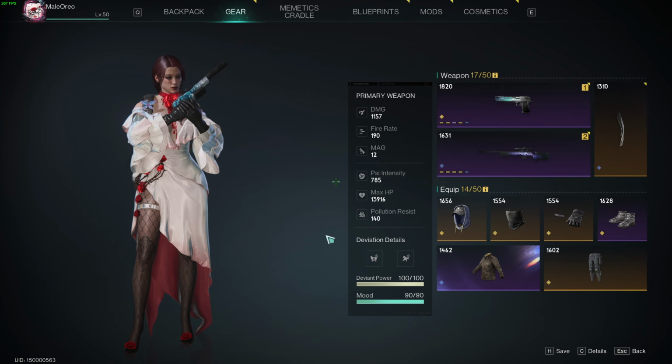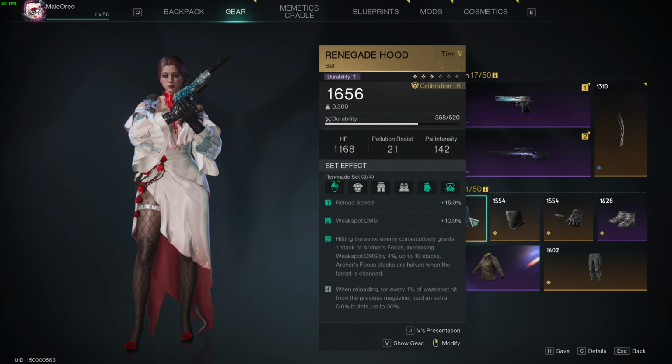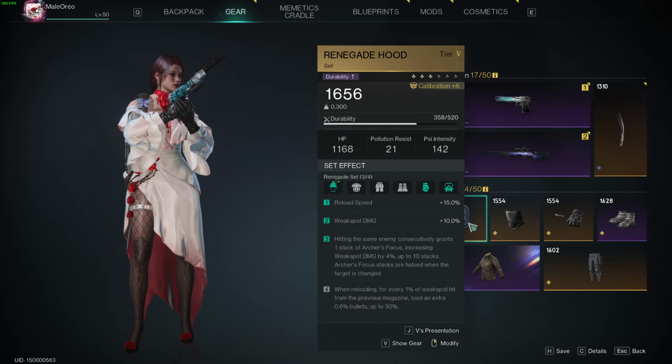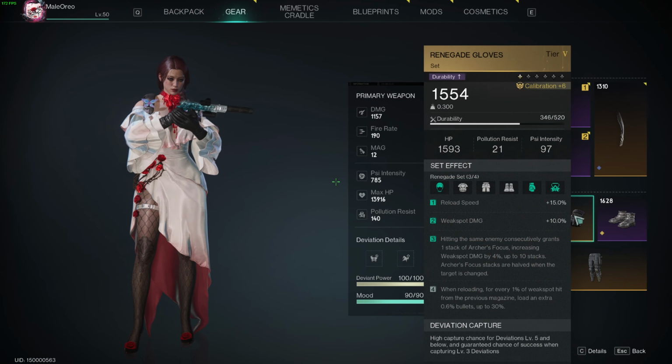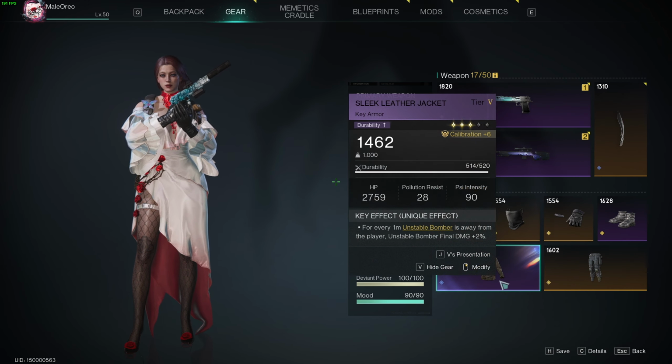Now for the armor, which is obviously the most important part of this build. Some parts are incomplete. I'm going to quickly mention that. We are building the PvE set right now. We will switch over to the PvP set later in the video, which uses obviously the Savior set. So we're using the 3-piece Renegade for PvE alongside the heavy duty shoes for 10% max HP, the sleek leather